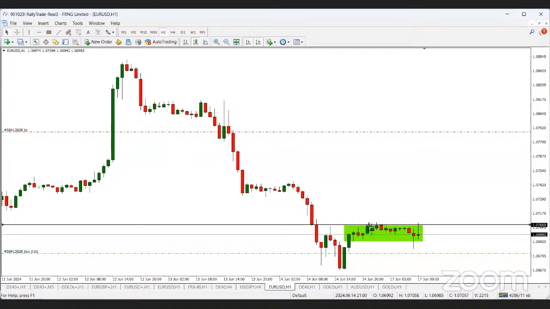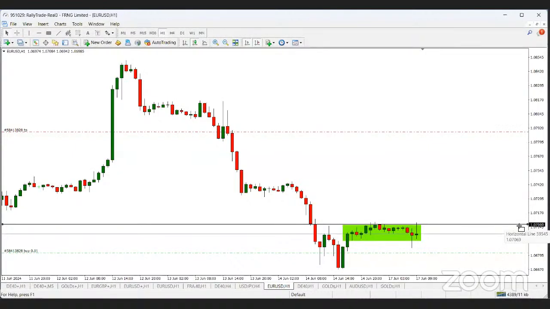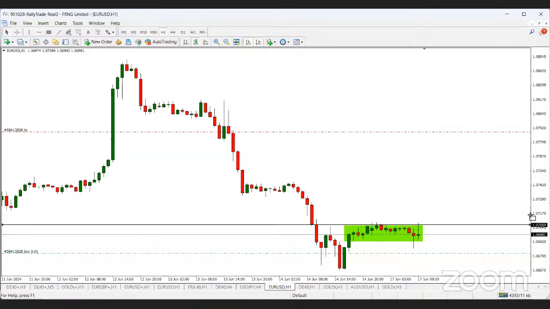So anytime a candle today closes above this line, okay? I don't know the price, just the line. You don't need to know a price. Just have an idea of what I'm doing. Anytime a price closes above the line, place a buy. You most likely make money today. So that's the way I see Euro USD. It will most likely push up if price can close above that level today.